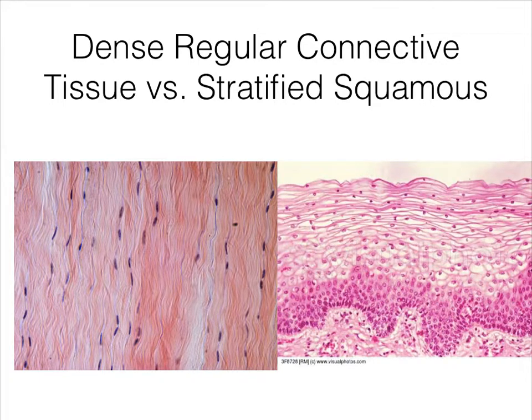Dense regular connective tissue was commonly confused with stratified squamous cells on the test. And I can sort of understand why, because they're both going to have kind of parallel stacks. They're both going to have sort of flattish cells. But here is the way that you can distinguish them from each other. First off,